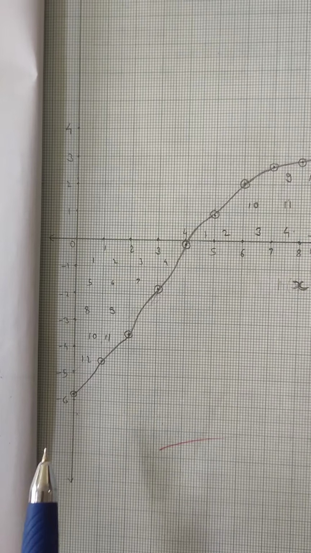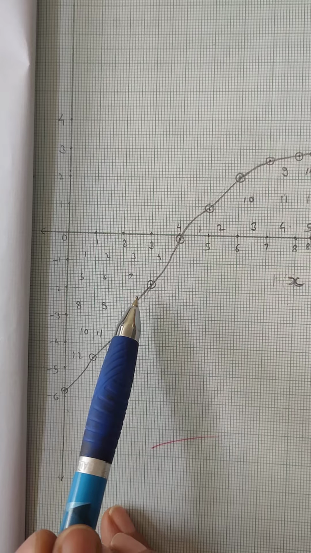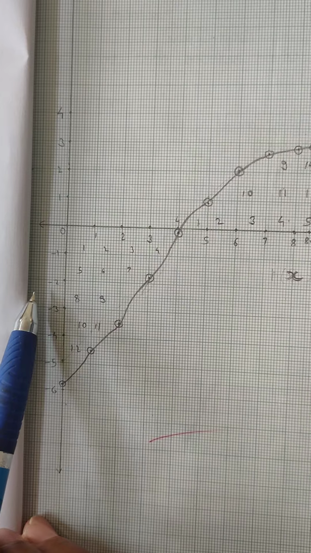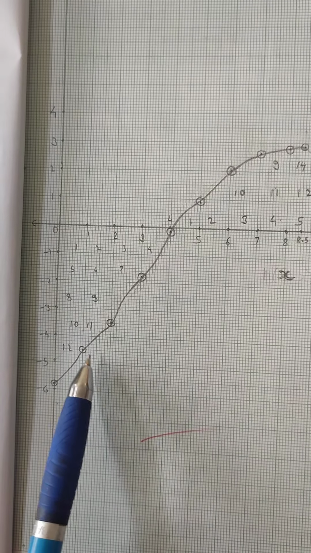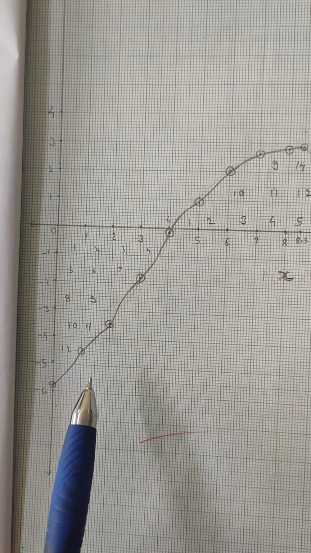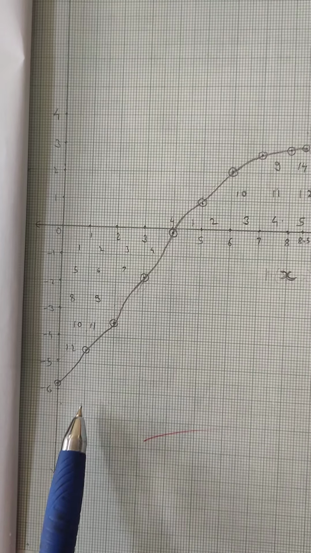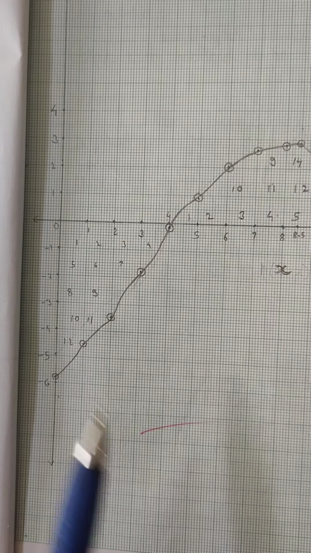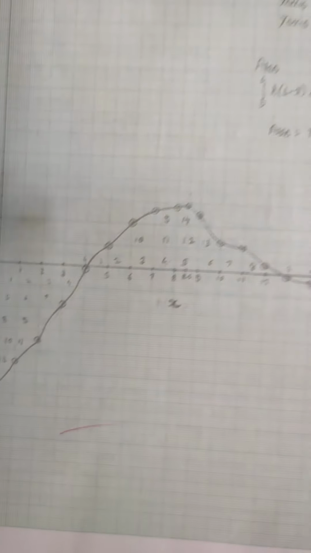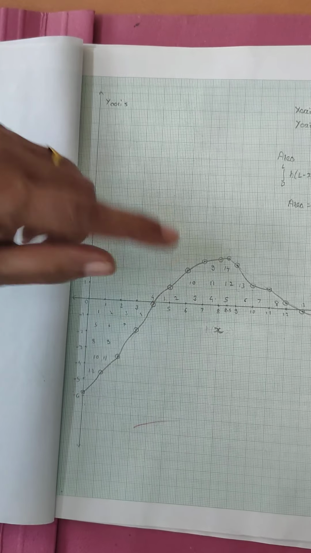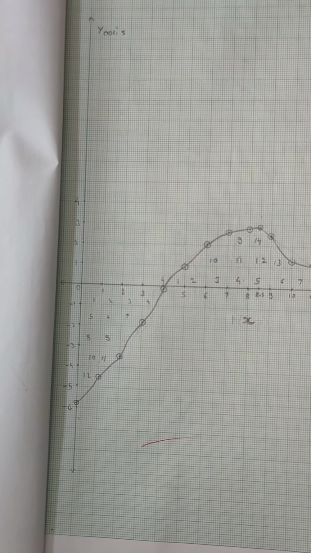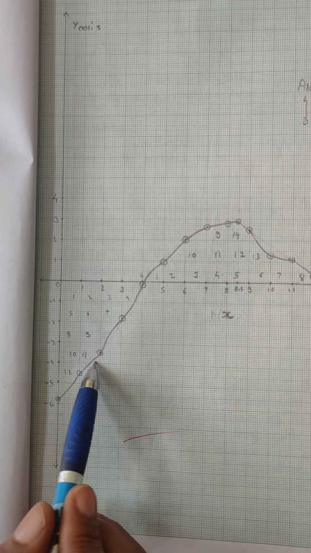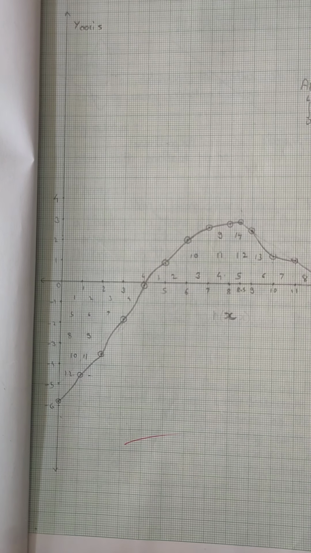Now while counting the squares, the square which is included half or more than half inside the curve, you will treat that as complete square, whereas the one which is included less than half, you will ignore that. This is something you have studied in 6th 7th standard only. This is the method adopted to find out the area of irregular shapes. So this is the trick to follow, that the square which is included half or more than half inside the curve, count that as complete square, and the one which is included less than half, you have to ignore. Just like this square is less than half, so we have not counted that.